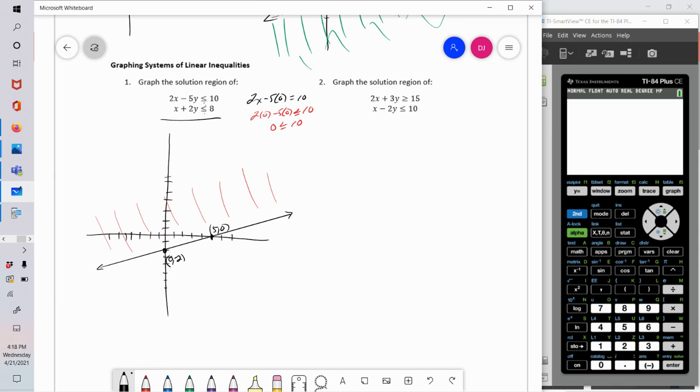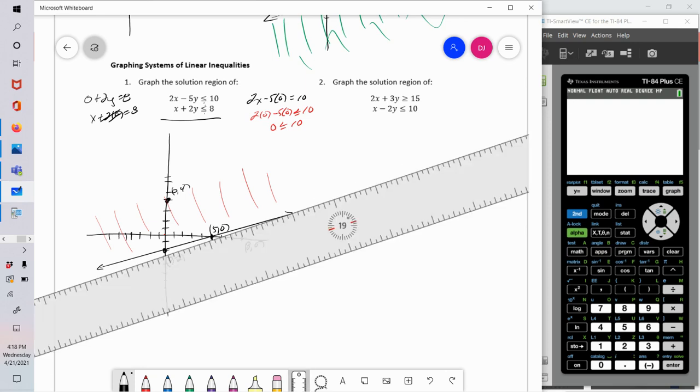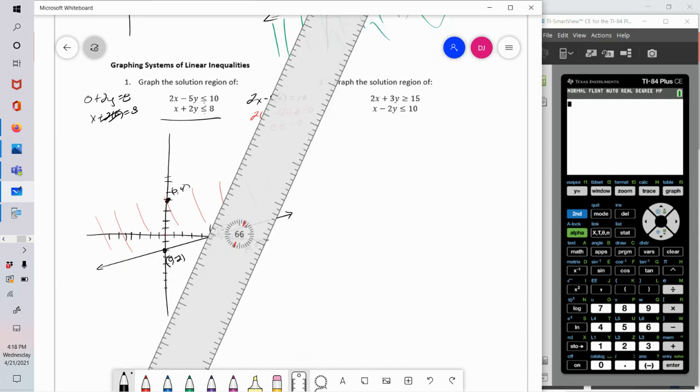Now when I go to graph the other line, if x is 0, 0 plus 2y equals 8, so y would be 4. 1, 2, 3, 4, so I have the point 0, 4 as my y-intercept. Then to find my x-intercept, I'm going to let y equal 0, and x would equal 8. 1, 2, 3, 4, 5, 6, 7, and there's the point 8, 0. Now if I graph that line,